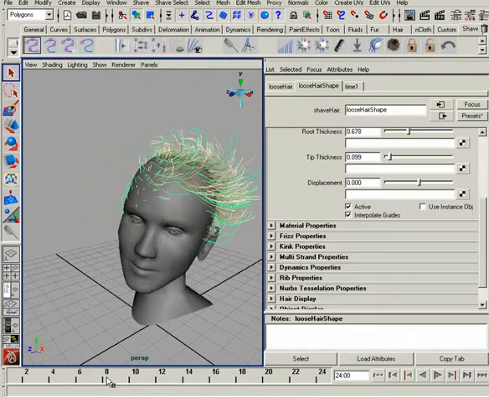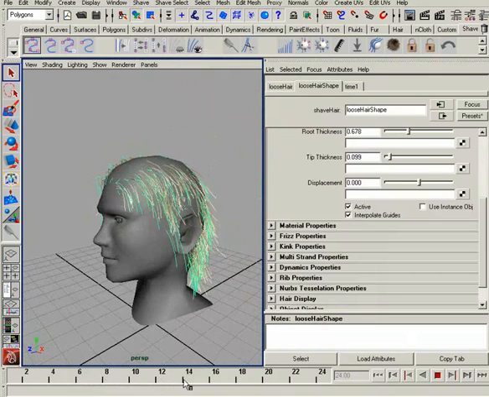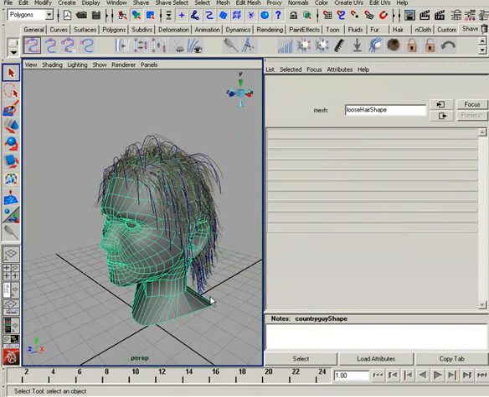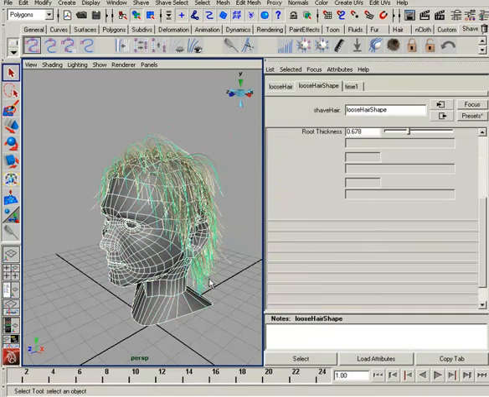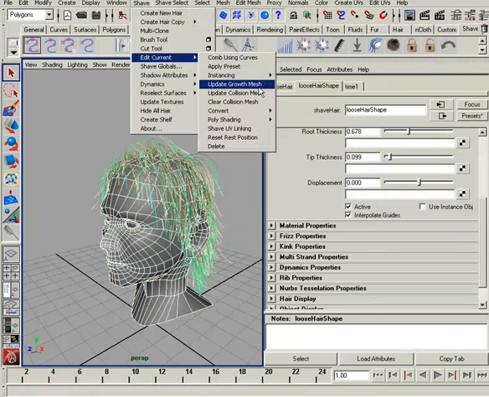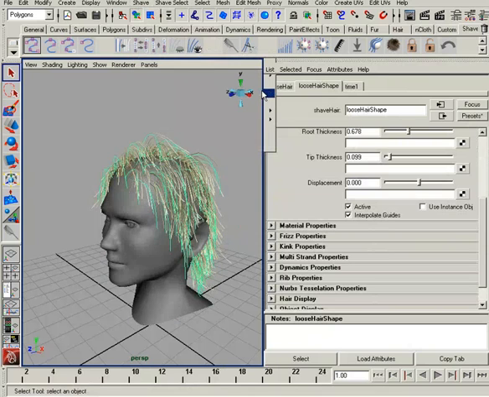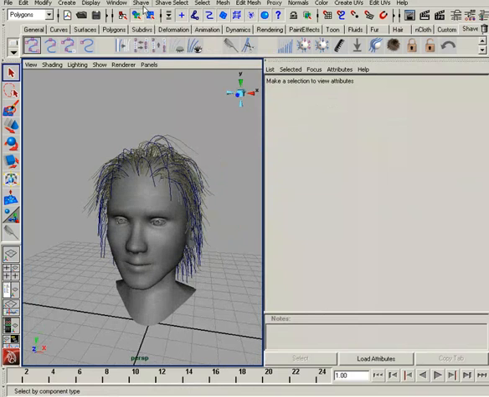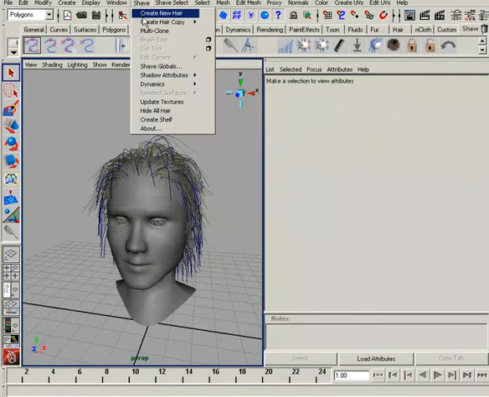Now we need to talk about the collision that's happening, or lack of collisions that are happening from the hair to the scalp. So the way we set this up is we select the geometry, the hair system. We're going to go up here to Shave, Edit Current, Update Collision Mesh. Now, how do you know it did it? Well, there's one easy way to find out. You can go to Shave,